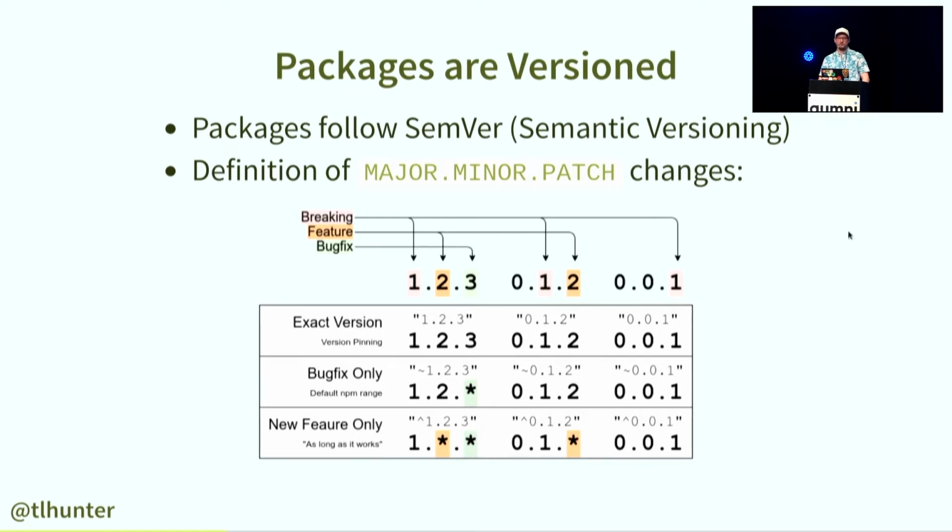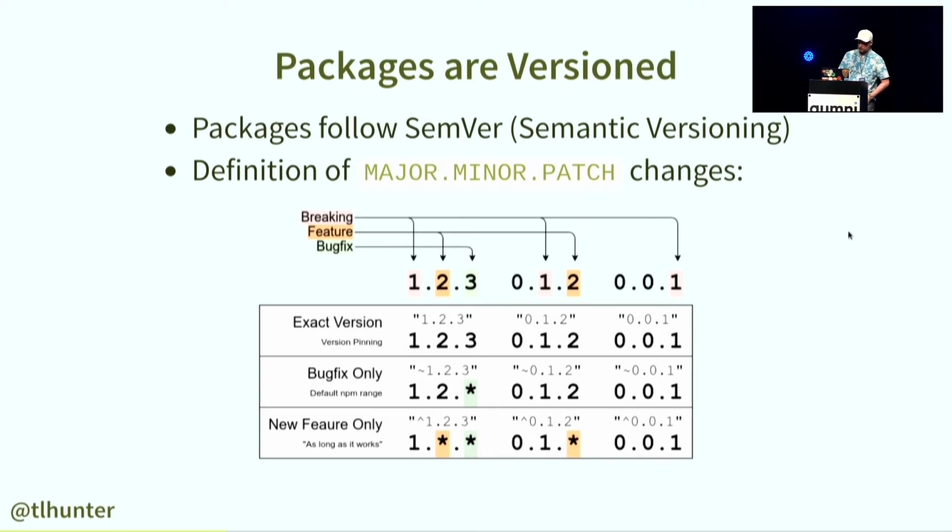SemVer is really useful because when we install packages, we don't necessarily have to install an exact version, which is shown in the first row here, but instead we can use these different symbols to say that we want a different range of packages. So if we use the exact string, for example, 1.2.3, we're only going to end up with version 1.2.3 of the package. Now with the bug fix, if we use the tilde operator at the beginning of our version, we'll end up installing a package, but we'll only receive